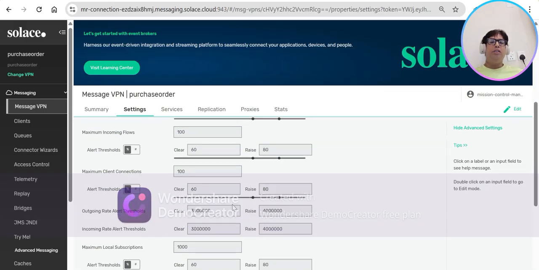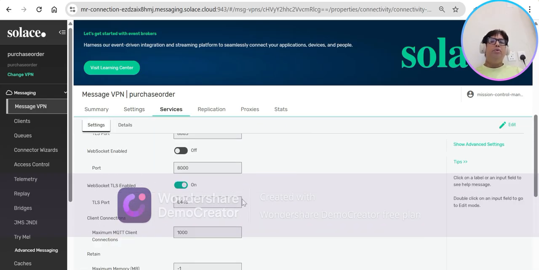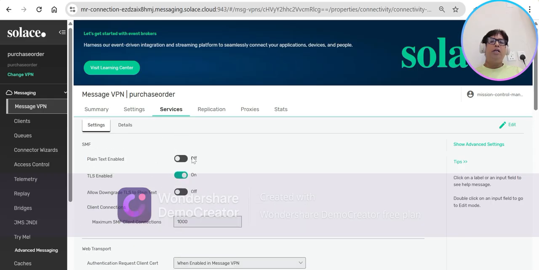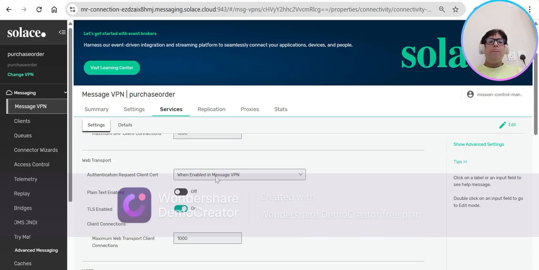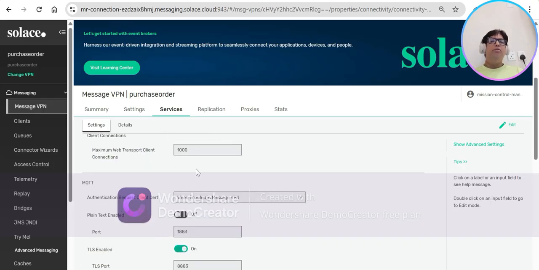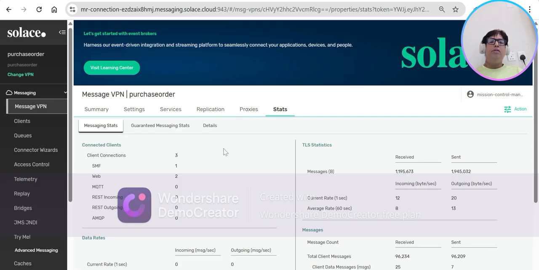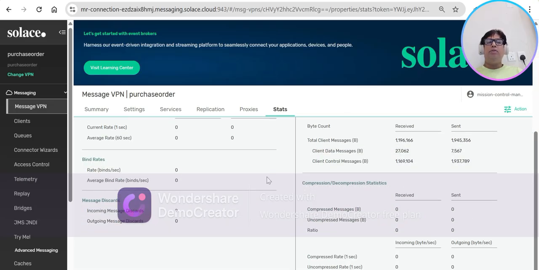Here you can set the advanced parameters in the advanced settings. And in the services, you can see the Solace services, which have multiple settings available here. In these services, you can make the connections and set up the purchase order. And there is also an option called stats, where you can see the status of the particular messages,